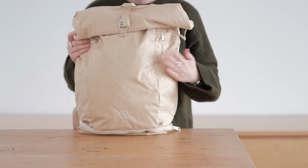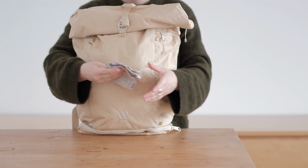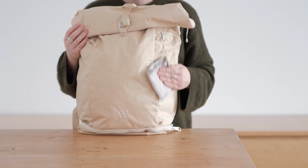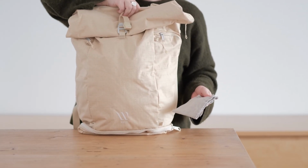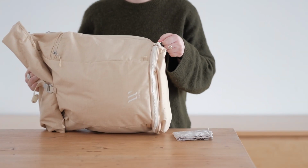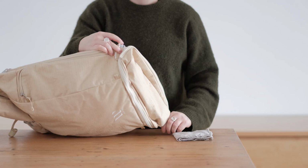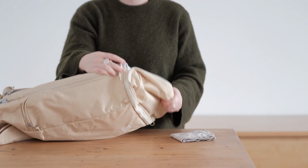If your backpack gets dirty, many surface stains and dust can be brushed off easily without having to apply water or cleaning products. You might need to do some spot cleaning with a rag and gentle soap in the bathtub. To preserve the longevity of the fabrics, coatings, zippers, and buckles, we do not advise you to put your bag